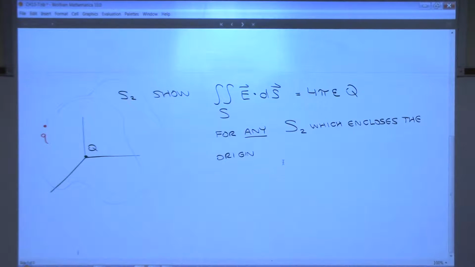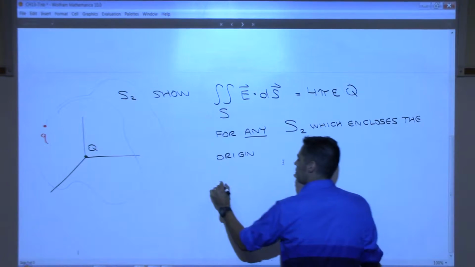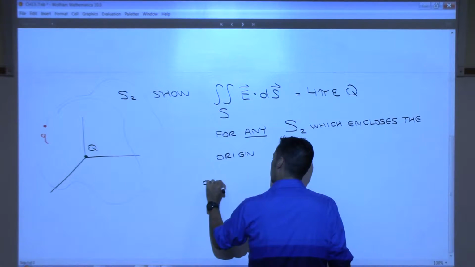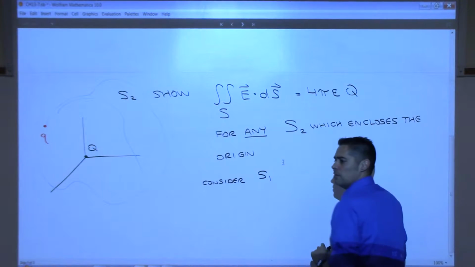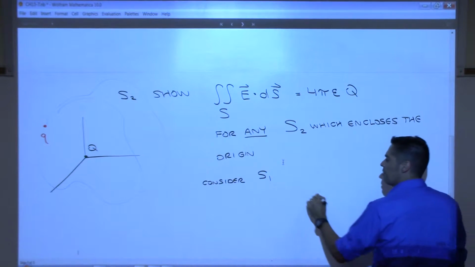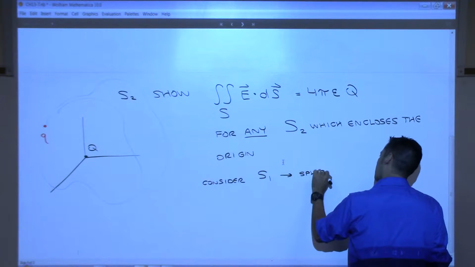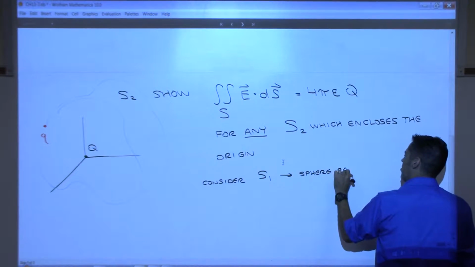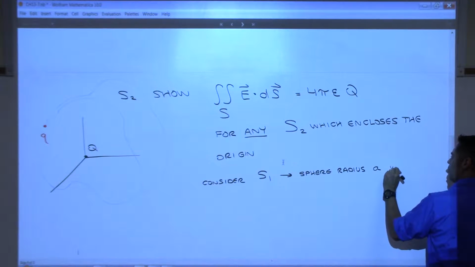I would like for us to consider S1. So this is my solution. Consider the surface S1, which is going to be a sphere of radius A, which is inside